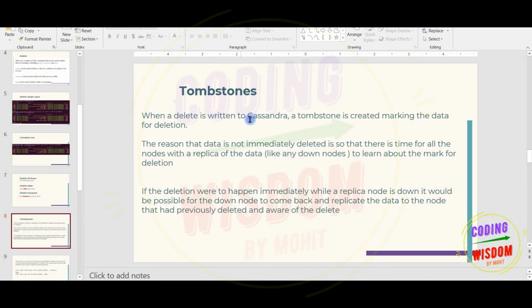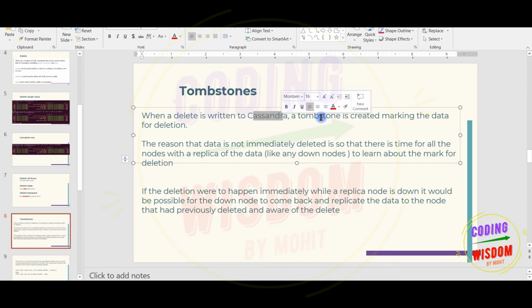Now let's see the last topic, that's tombstone. When a delete is written to Cassandra, a tombstone is created, marking data for deletion. The reason that data is not immediately deleted is so that there is time for all the nodes with a replica of the data, like any nodes that are down, to learn about the deletion mark.